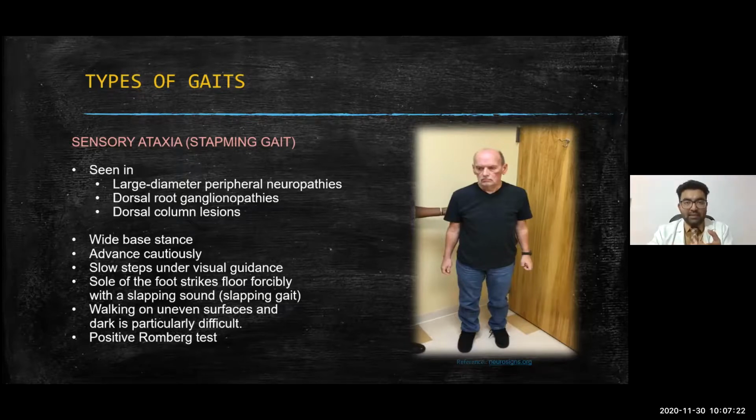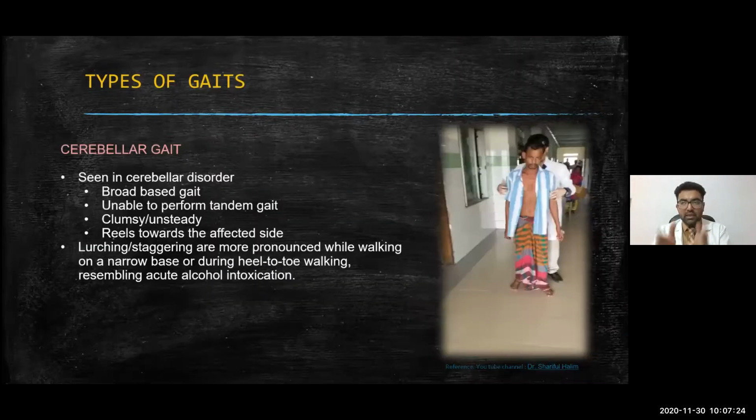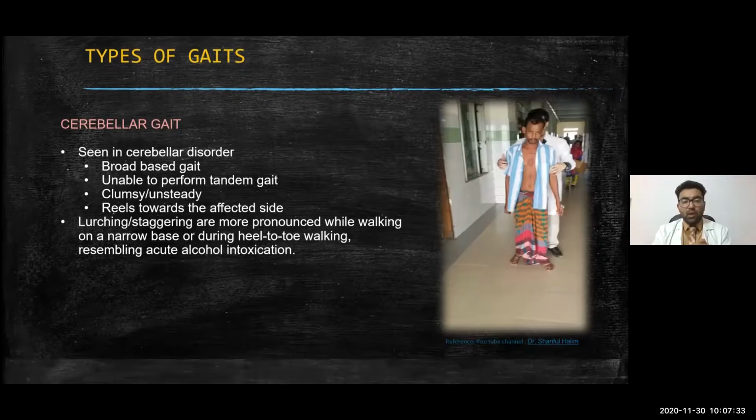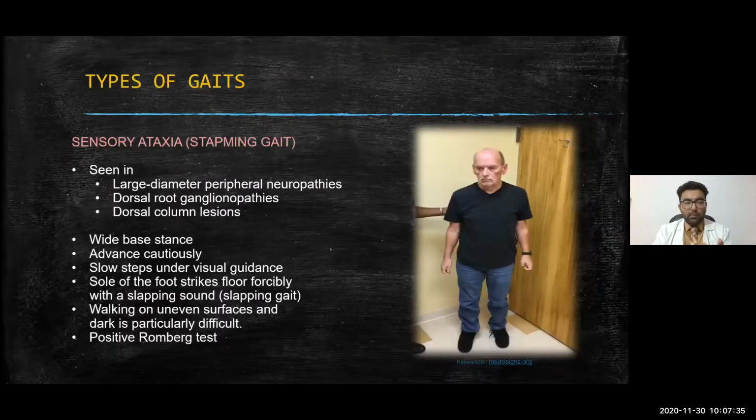So in that case, when we ask a patient just to stand with their legs close to each other, the patient will feel unsteady. Over here, although the patient is not having sensory information, the visual input and vestibular input compensate for that. So for example, when we ask a patient to keep their feet together, the patient will not feel unsteady.